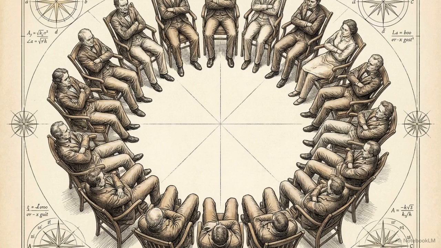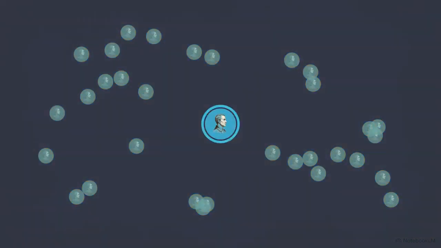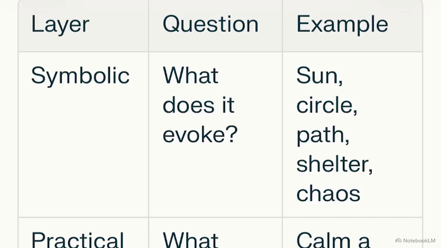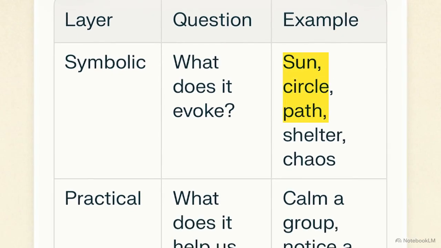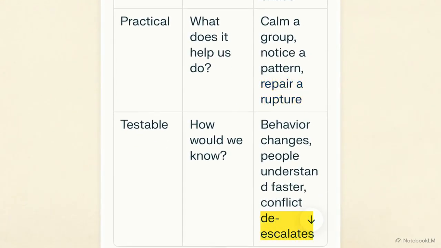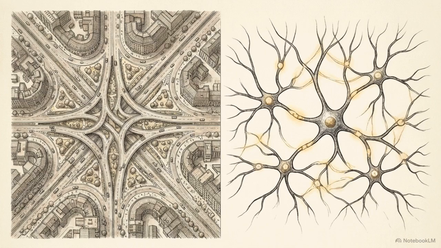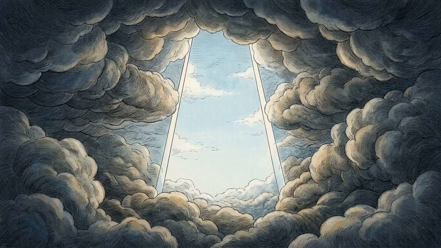They cannot force the system to heal. They can only modulate the group's collective state, using pacing, symbolic framing, and archetypes to create an environment where the social network can self-repair. This table details the practical probes used to achieve that shift. By deploying visual metaphors at the symbolic layer, a facilitator bypasses defensive resistance. They shift the room's operating state practically, which leads directly to testable behavior changes, like rapid de-escalation. This isomorphism suggests a shared principle of repair. Both cellular networks and human groups respond to the same intervention, modulating the underlying state to allow coherence to emerge.